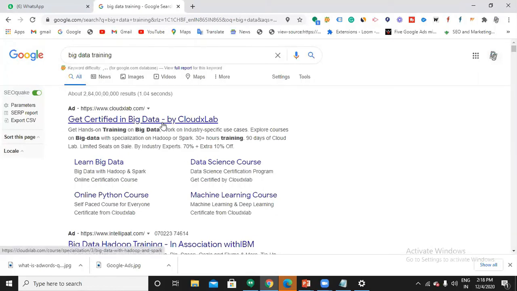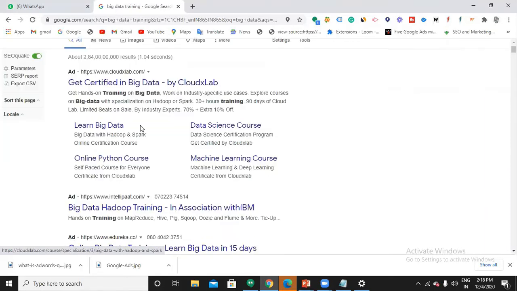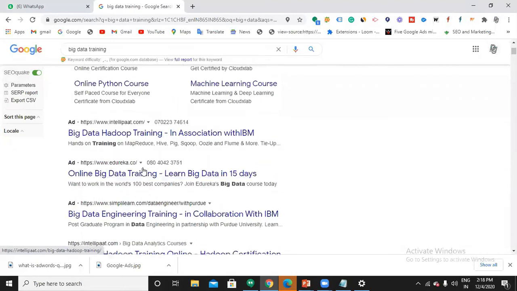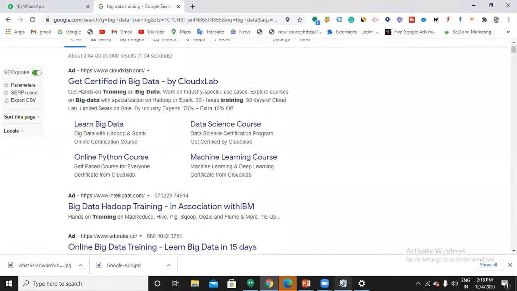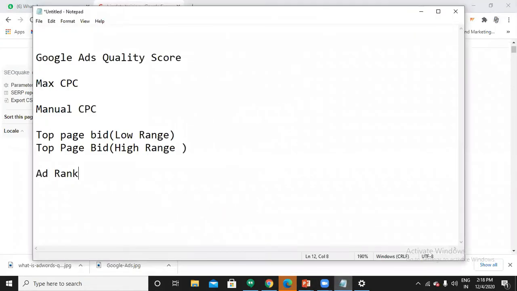Now, what is the ad rank of each and every advertisement? This website's ad rank is one, this website's ad rank is two, this is three, and this is four. So what did you understand? Ad rank simply means the position of your ad.